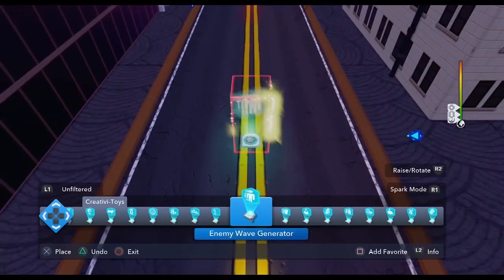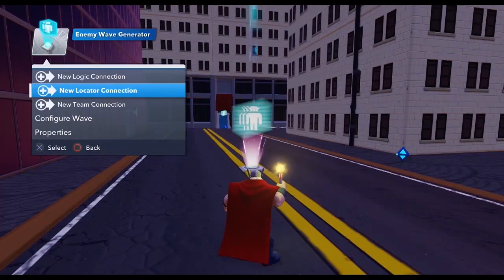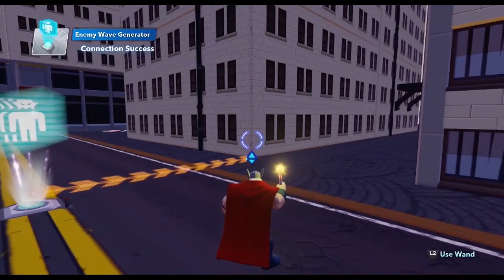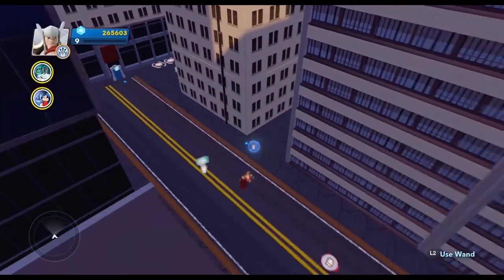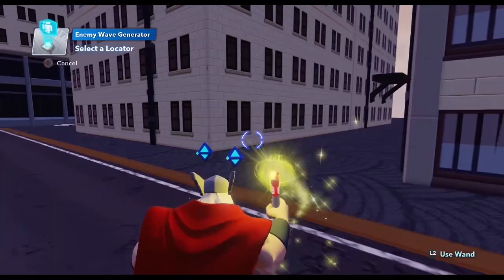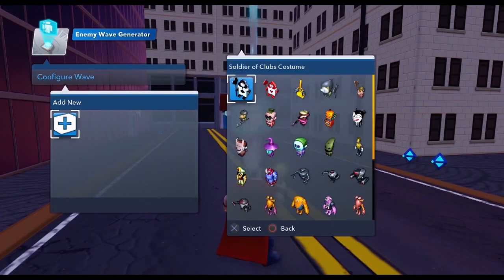We will only do this for the enemy wave generator because the friendly wave generator works exactly the same way. And just like the effects generator, it can be associated with many locators. So for example, if I select this right here, spawn location, and now I will do 1 more. It's not really necessary. So again, I select it, new locator connection, and I put this one here. And now let's configure the wave. So let's say configure wave, add new, and now I'm just going to put 1 soldier of clubs